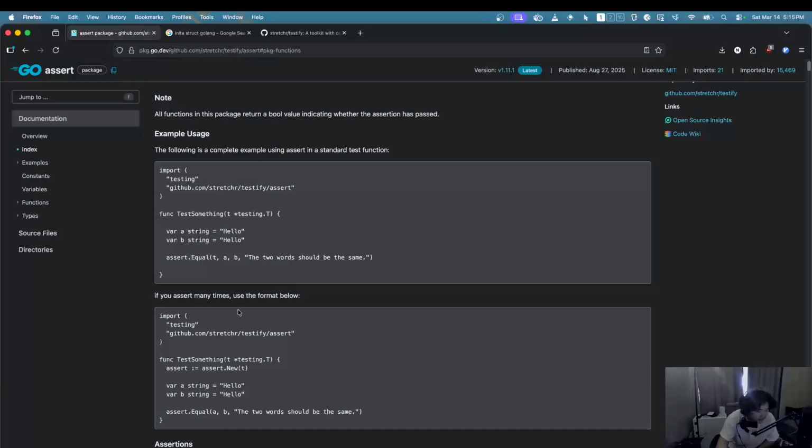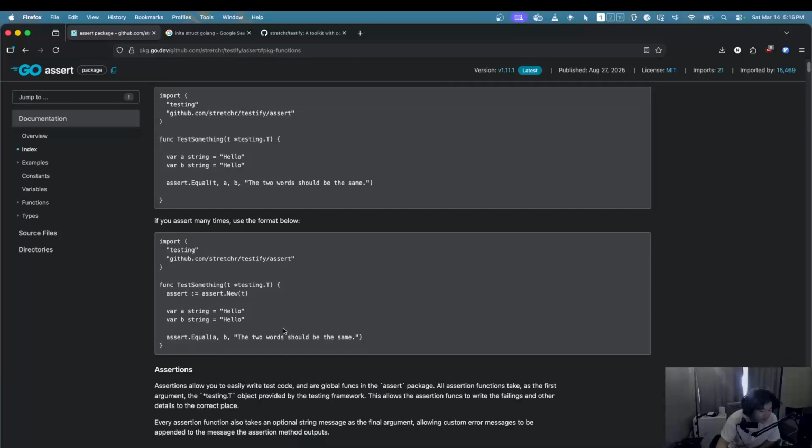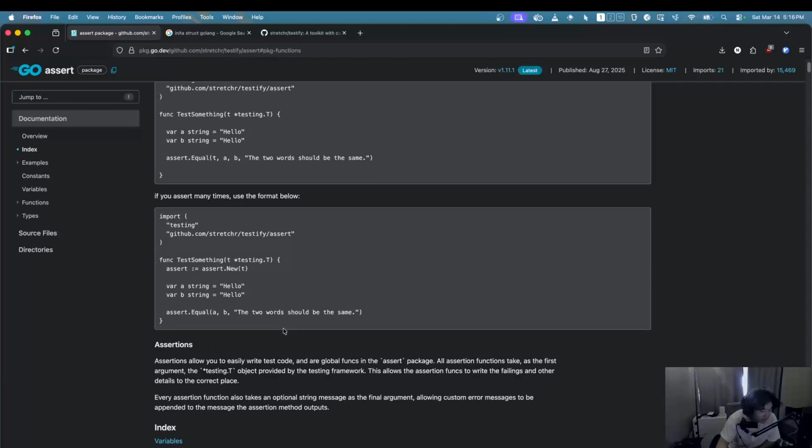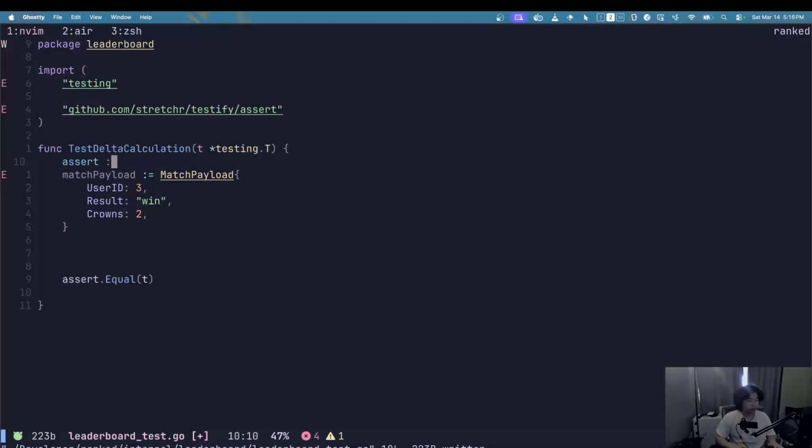If you assert many times, use the okay, I guess we should do assert like this, I guess. Does it make a difference? Okay, why is this complaining again? Oh, okay.